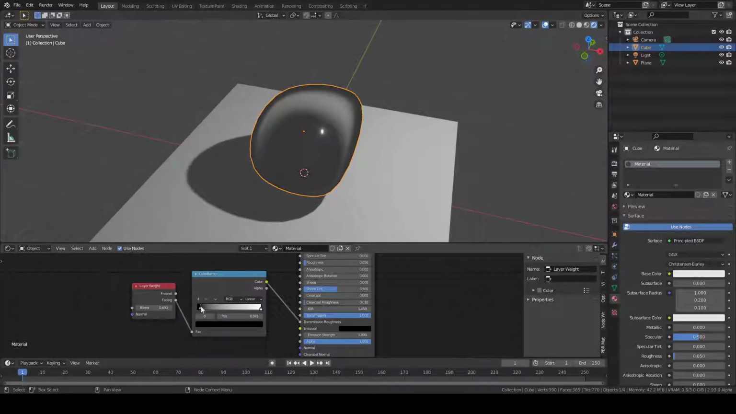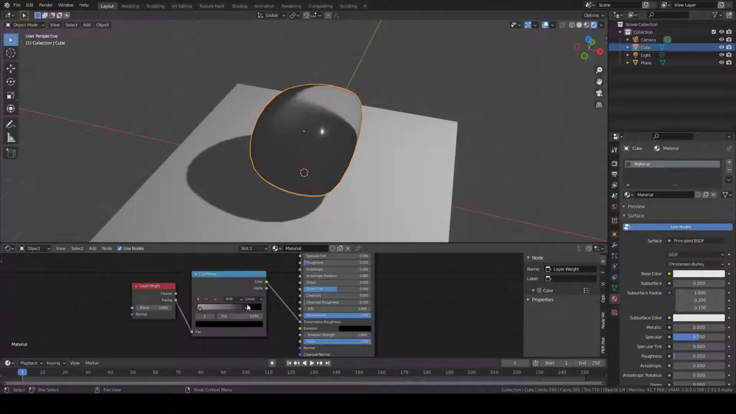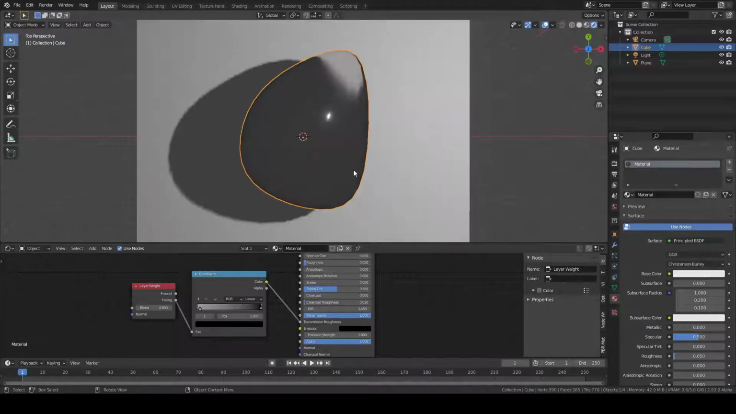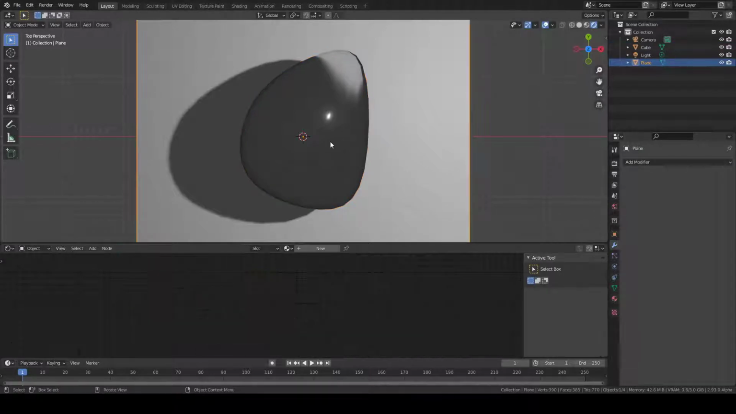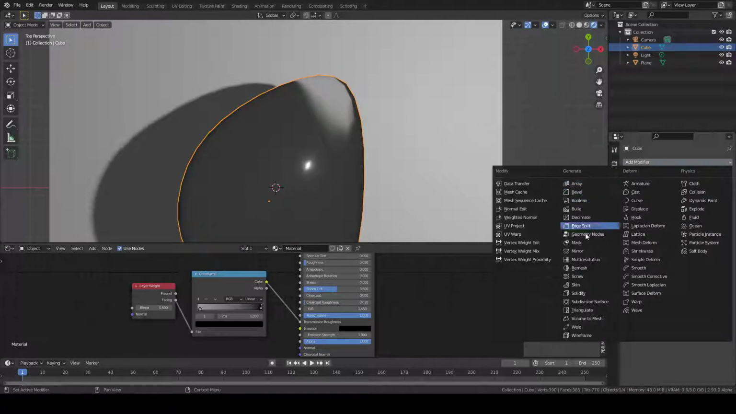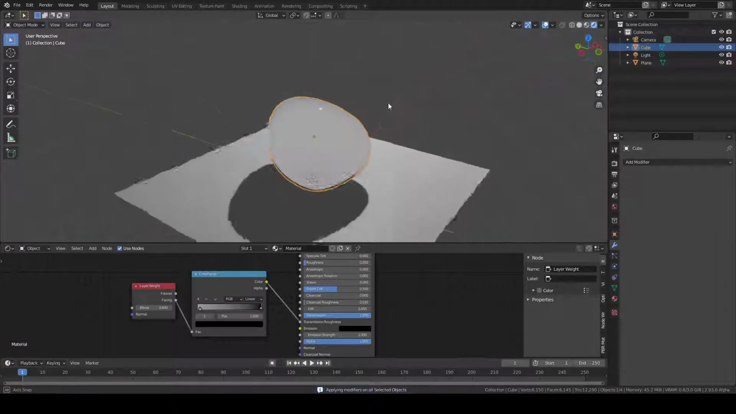So we don't want this to be completely black, we want this to be grayish, and this, we want this to be black because on the edges we want to have more refraction, more clear refractions. So we still have some edges here. We don't want the edges, so I'm gonna put another subdivision surface, this time 2 levels, apply it again, and we have this